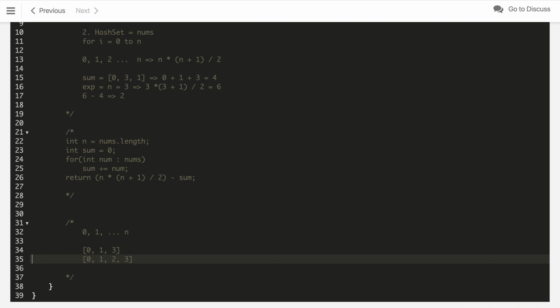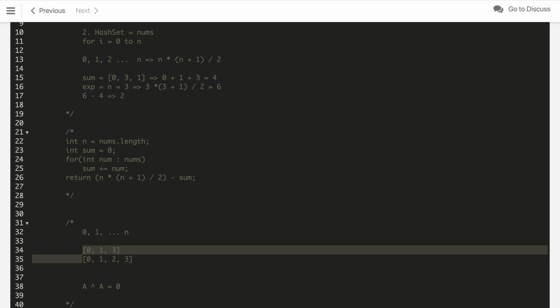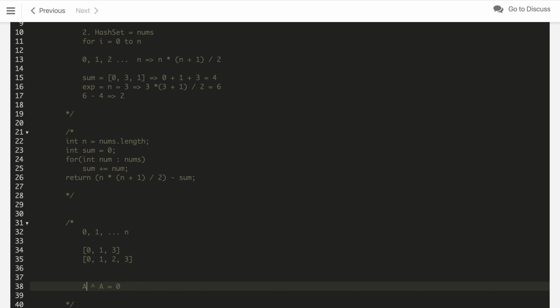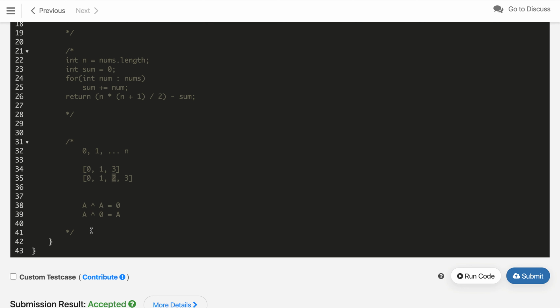So if we XOR all the numbers in the given array nums and the numbers from 0 to n, we know that a XOR a is 0. So if we XOR these two arrays, the XOR of 0 0, 1 1 and 3 3 cancels out, and another property of XOR is that a XOR 0 is a itself. Using these two properties, we will XOR this whole array. After XORing, we will get 2 left over, so we will get our missing number.